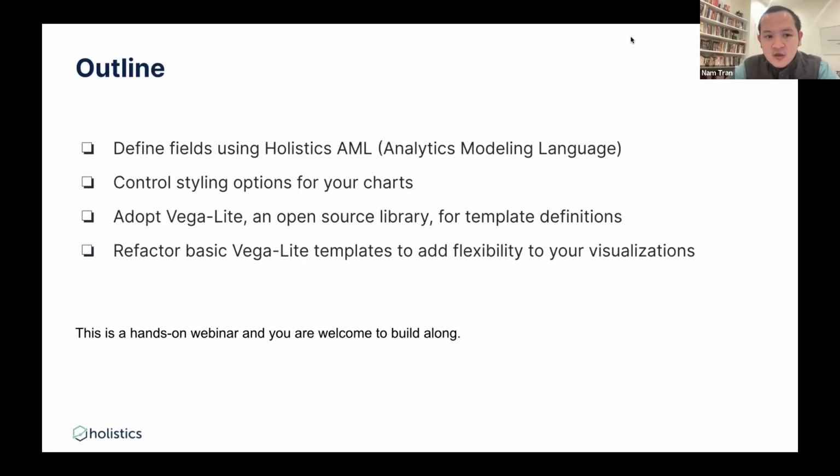Secondly, you will learn how to control the styling for your charts. Third, you will be able to use VegaLite, which is the open source graphical library that we integrate for template definitions. And fourth, you will be able to refactor those VegaLite templates so that they fit your own need.